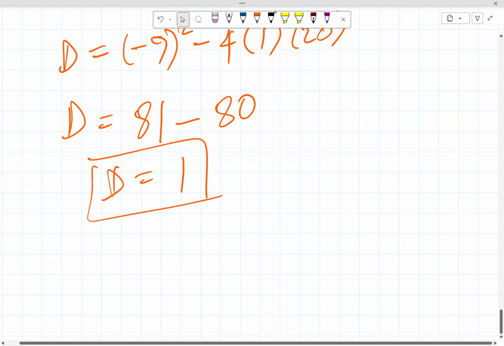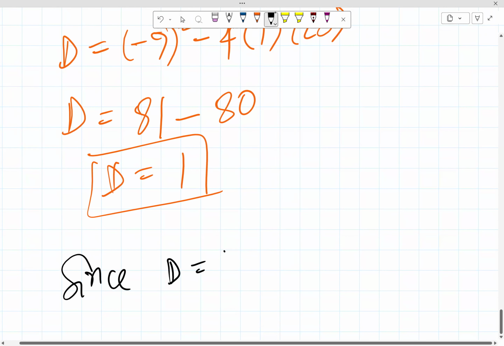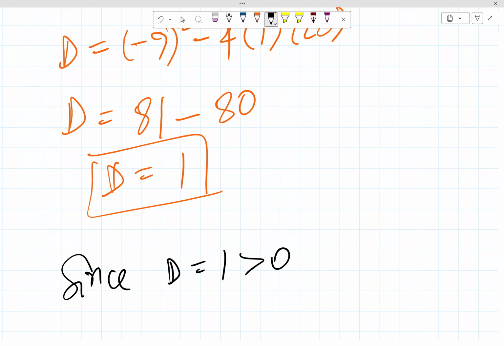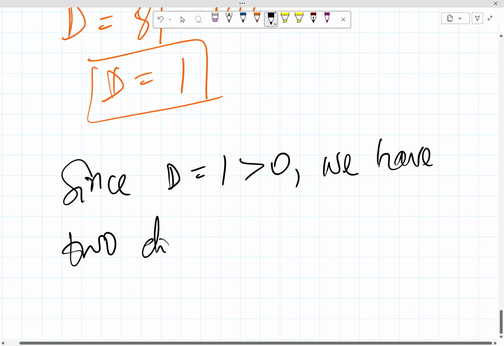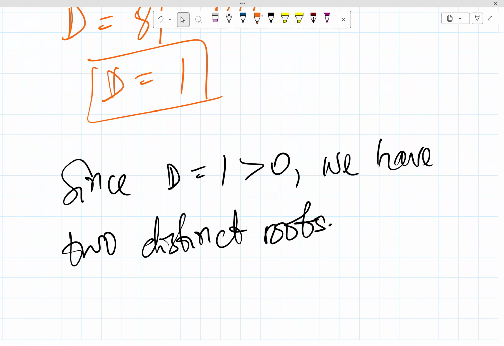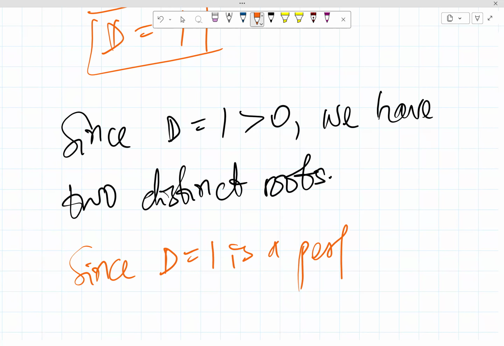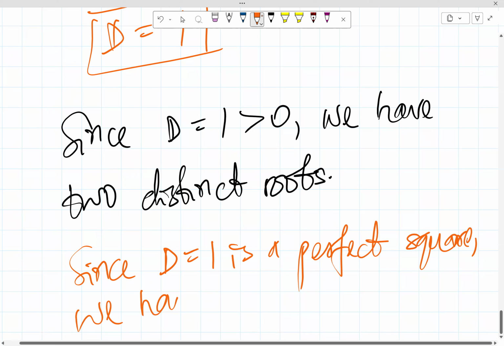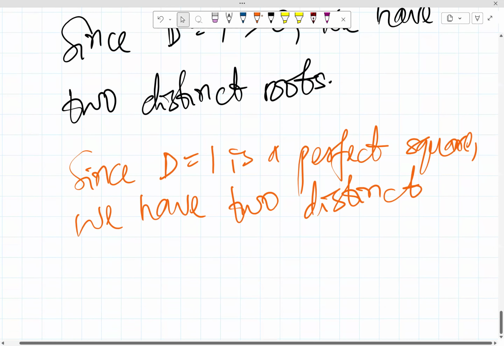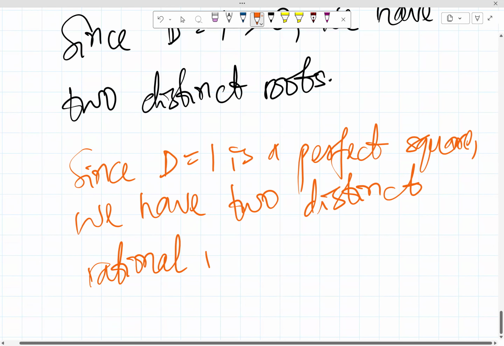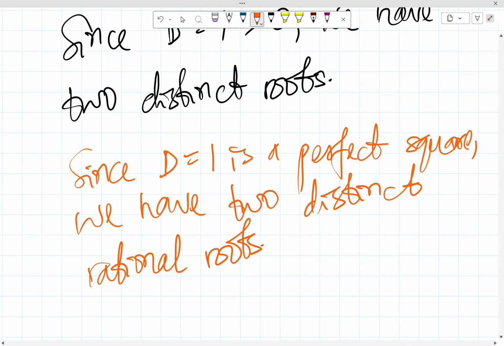So we can say since D is equal to 1, which is greater than 0, we have two distinct roots. We can also add that since D equals 1 is a perfect square, we have two distinct rational roots. So we won't have a surd like what we had in the previous problem we solved